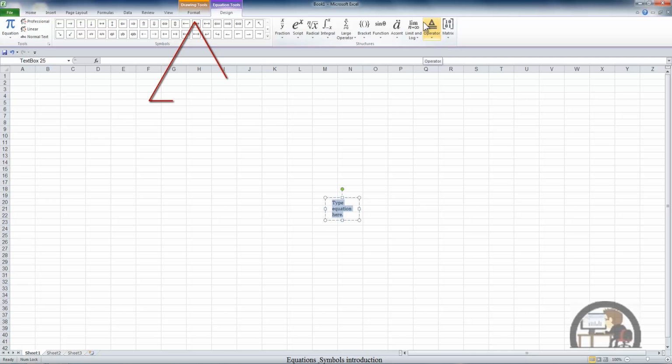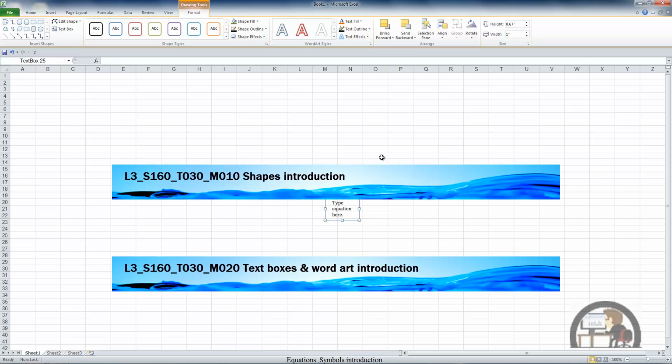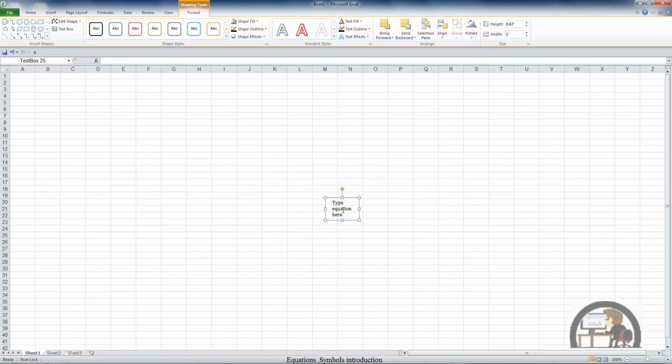Along with the equation editor, we get the drawing tools. The drawing tools has to do with formatting the way the equation and the container for the equation, the box, appears. And if you've seen the movies on shapes and word art, you're familiar with the functionality of the drawing tools. But the equation, which is really the topic of this movie, to get the equation tools,